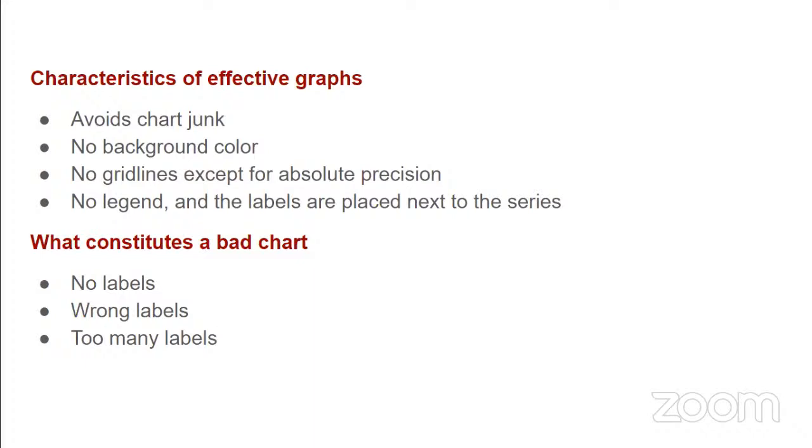So another thing is no grid lines except for absolute position. Grid lines are also very distracting, especially if you have bright-colored grid lines. If you have so many grid lines, we are going to look at examples of bad charts. But what I mean by absolute position,